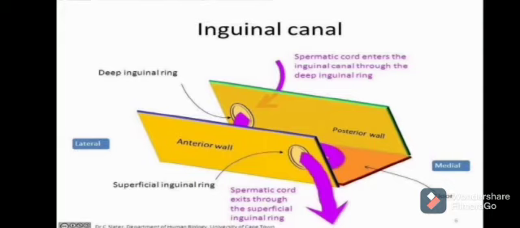Again, we have supporting structures on the medial side. We have the conjoint tendon, and we have the lacunar ligament, which I mentioned earlier. They are here to support this area because it has a potential weakness. There may be herniation in this part because there is this opening. And in the lateral aspect, we also have some fibers from the internal oblique, which basically forms the roof.